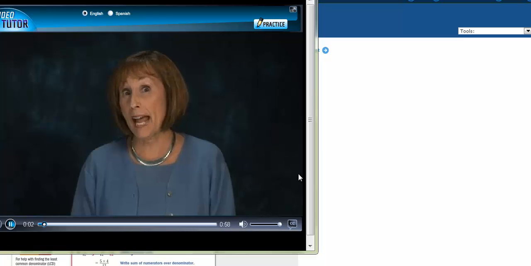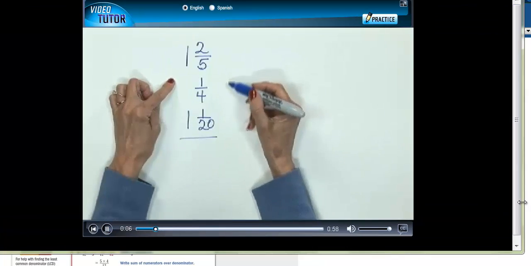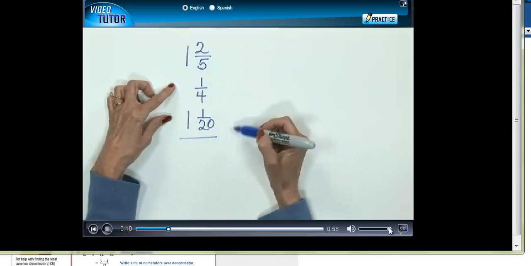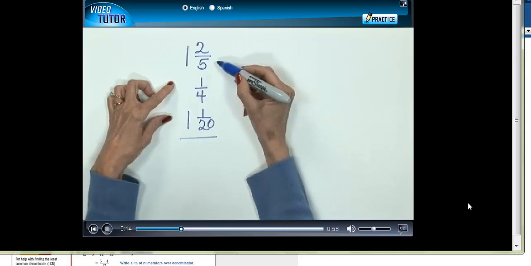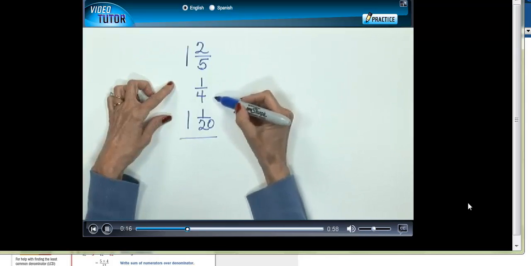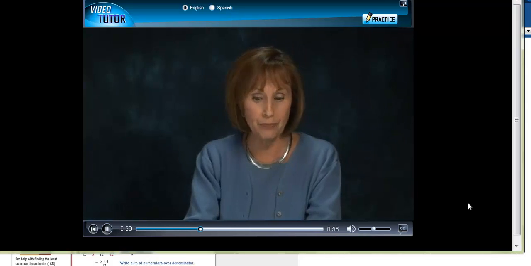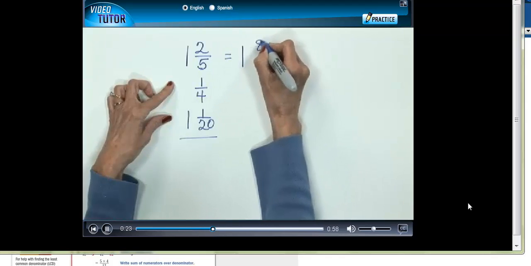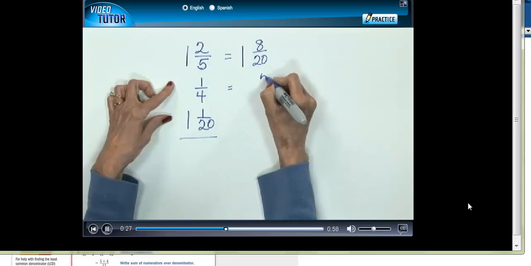We want to add some mixed numbers. We have the mixed numbers 1 and 2/5, 1/4, and 1 and 1/20. In order to add these, we must first find the lowest common denominator. We know by looking at these denominators, 5, 4, and 20, that the lowest common denominator is 20. So we're going to rewrite our fractions: 1 and 8/20, 5/20,